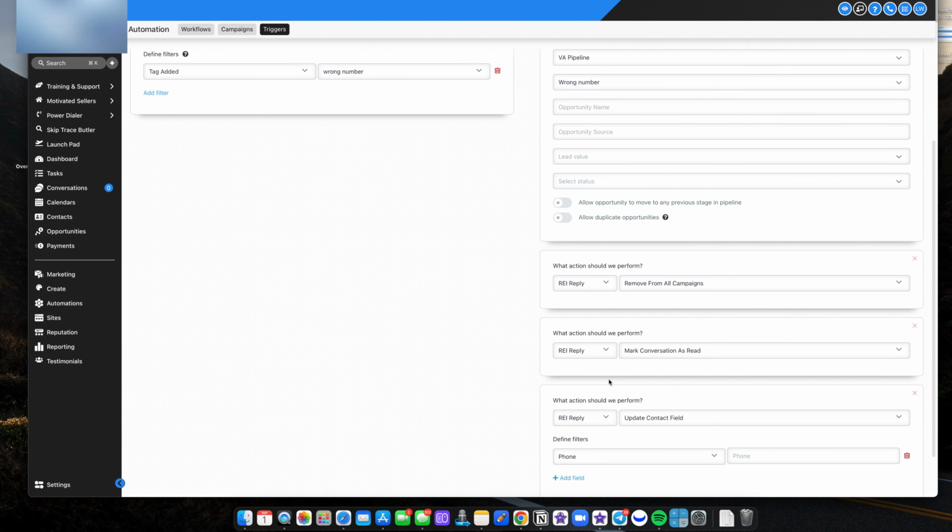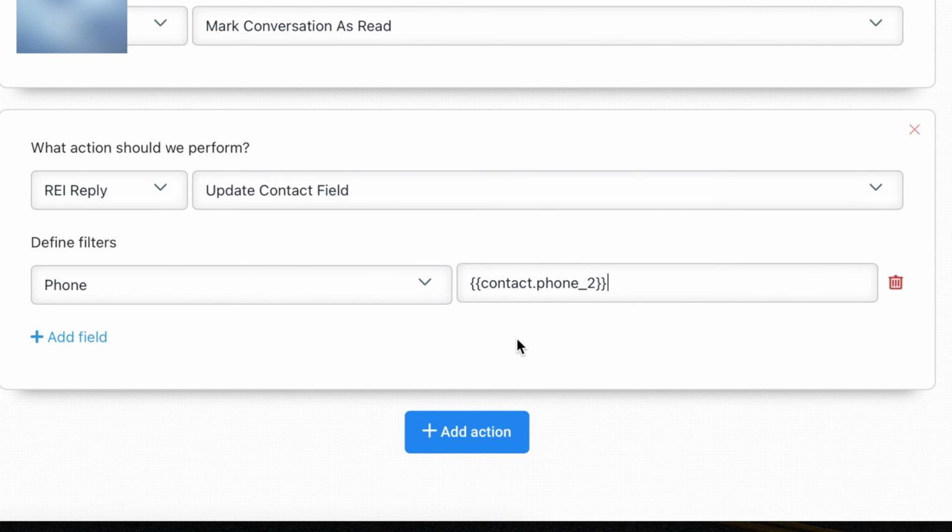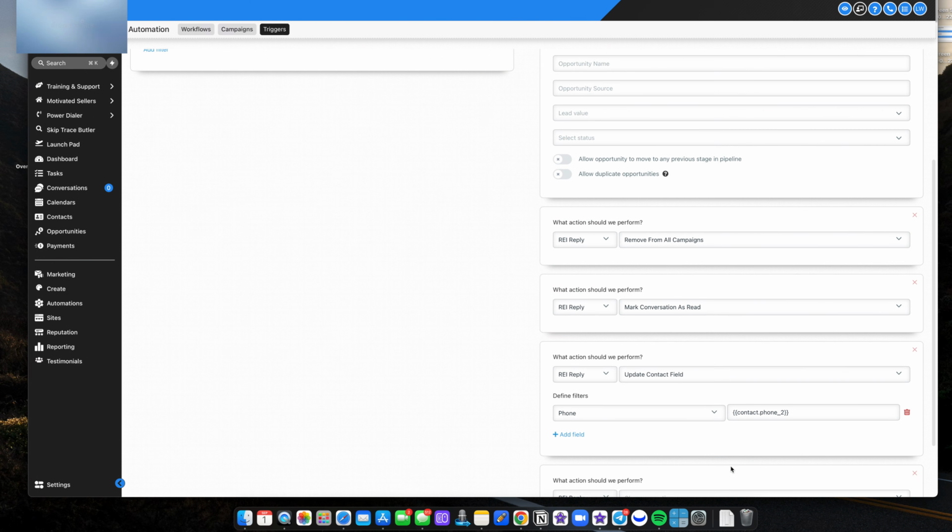phone here. You're gonna search for the phone. Now just copy exactly what I'm putting in here, phone 2, just like that. Then you are going to do add